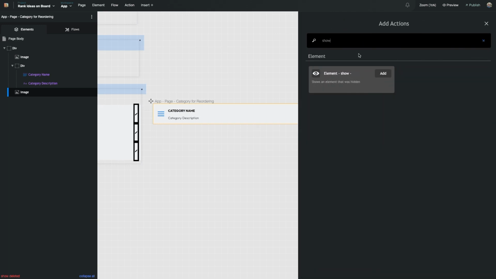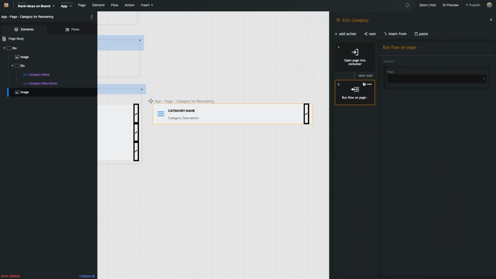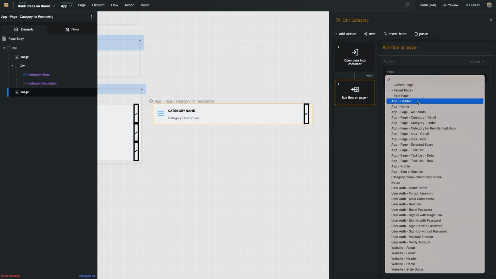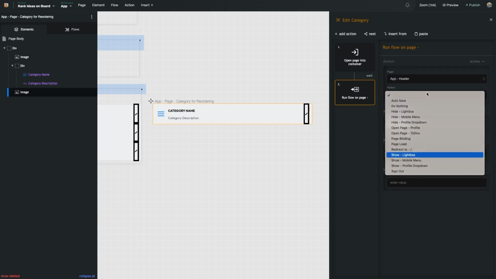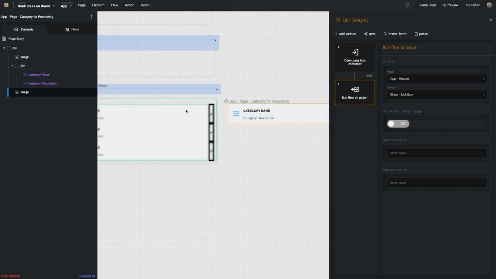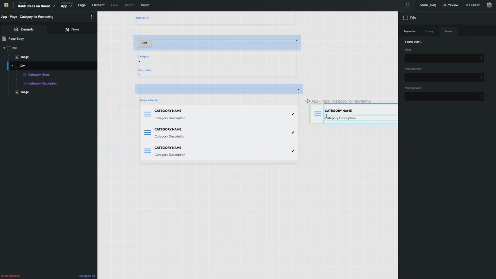And just in case I clone this later, I'm going to already pre-build the run flow on app header page to show the lightbox. But the reality is this is going to show up in a lightbox. So this lightbox will already be live on the page, but it's just going to cover our bases in case we need to. So now we have a little category here that looks like a draggable thing for us to